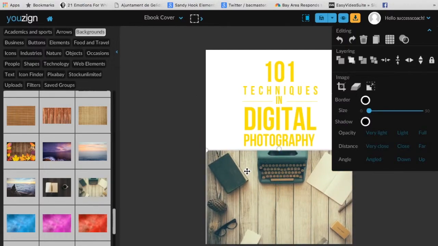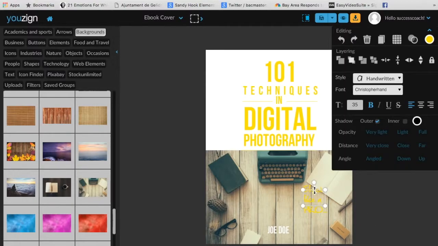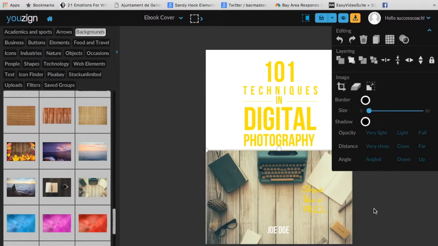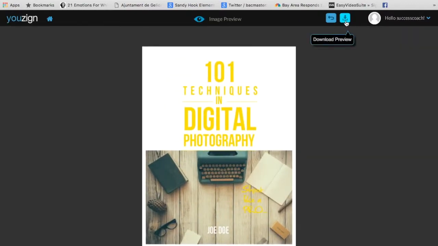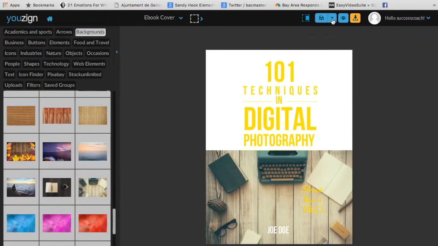Now, remember that I have this at the front, so I'm just going to say center back, and my text comes up. Okay, now, the text there is in yellow. It doesn't look that good. But what I want to show you here is, and it's decided not to work again. Okay, so